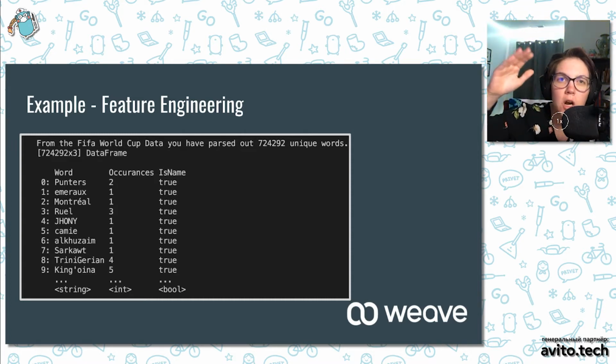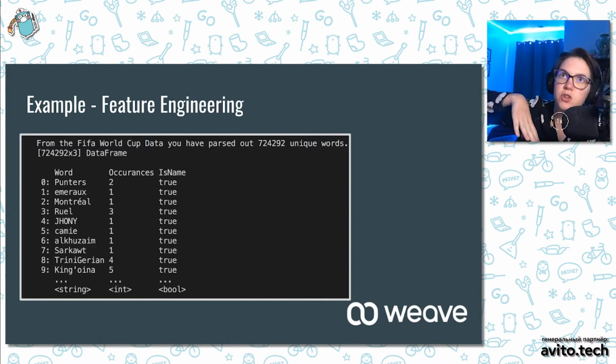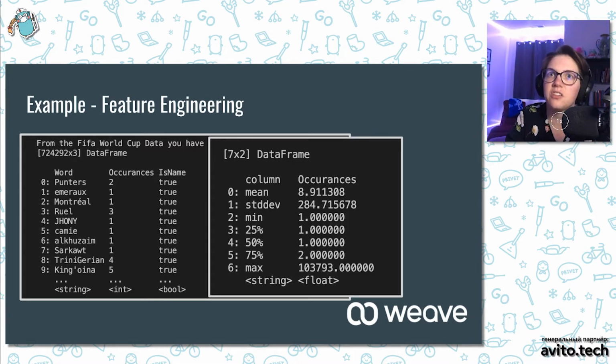The top 10 here are all names because it hasn't been randomized yet. So if you go down to the 720 thousandth or so, it's probably false. But right now you're going to have basically all of your trues at the top and a lot of your falses later. And something really interesting is you can do just a basic statistical analysis on it. You can see that on average certain words occur about 9 times, and that there's one word that is hit over 100,000 times.